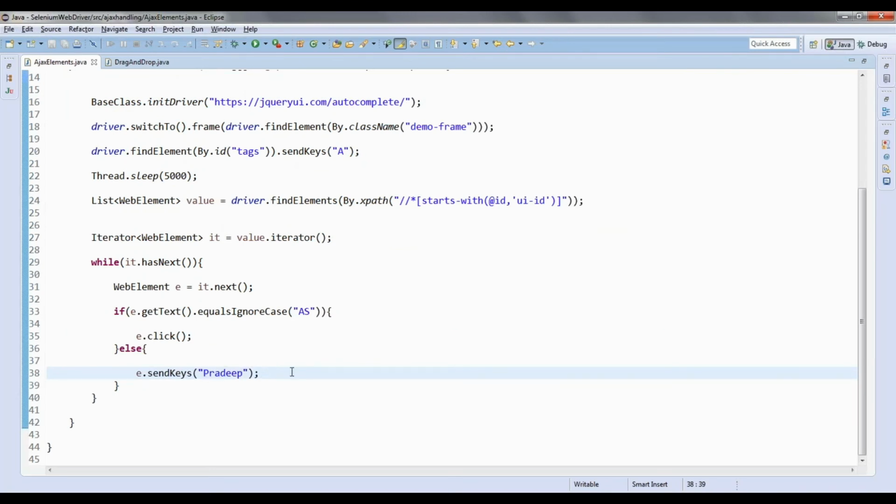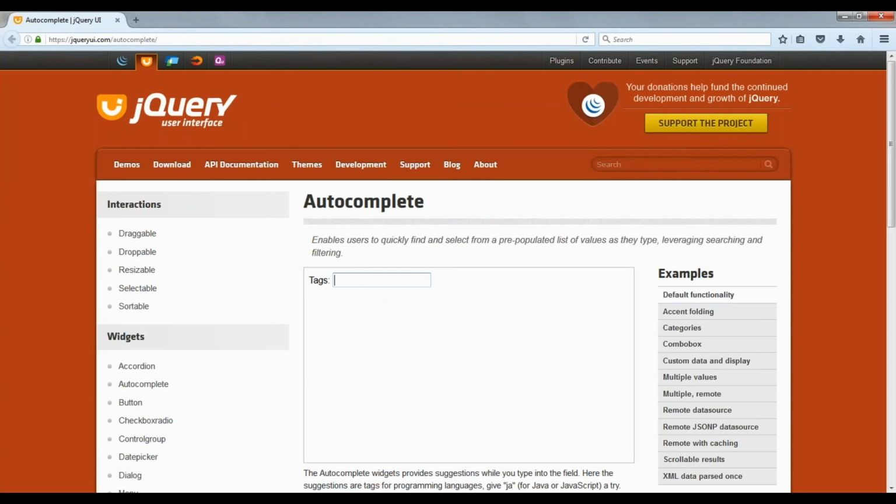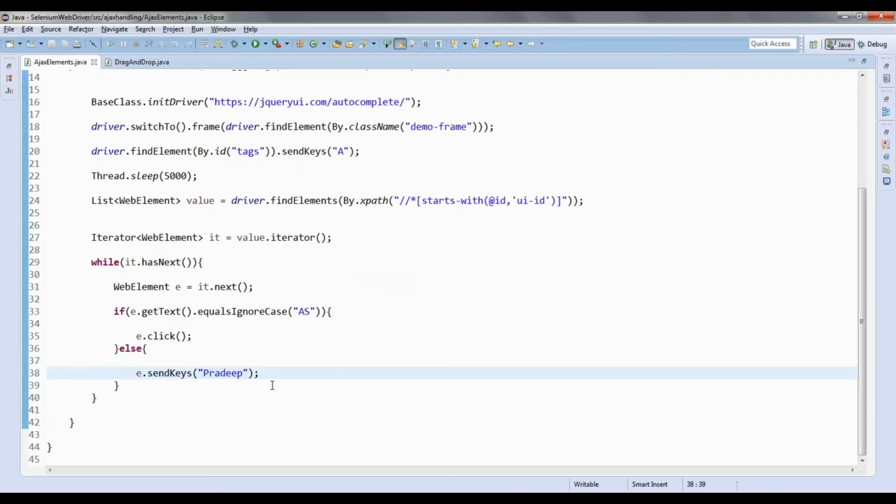You might get a scenario. I cannot say you will not get a scenario. Sometimes if the value is not there, these are the tags, right? You enter the tag, whatever tag you want, and then you click on submit. Without submitting, the value will not be stored in the database, and the application should be developed in such a way that it should submit the value to the database. Based on that, you can add one more condition and you can do this.